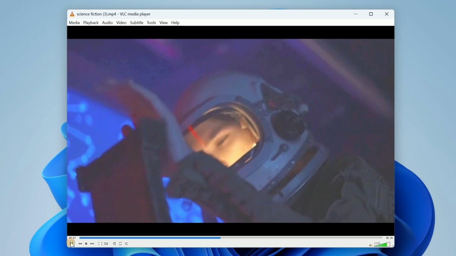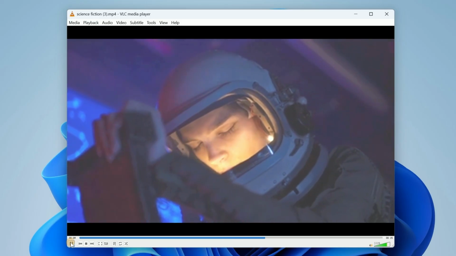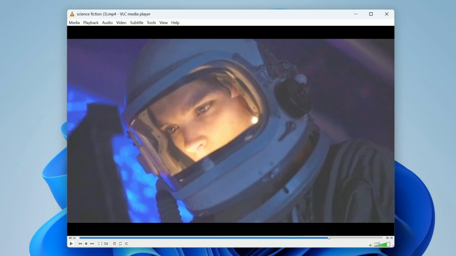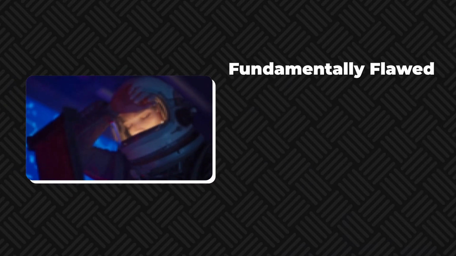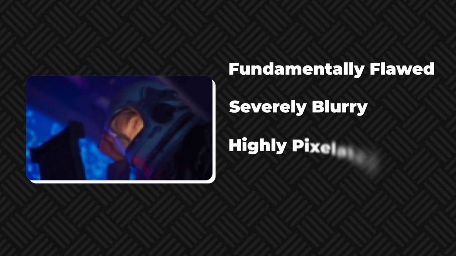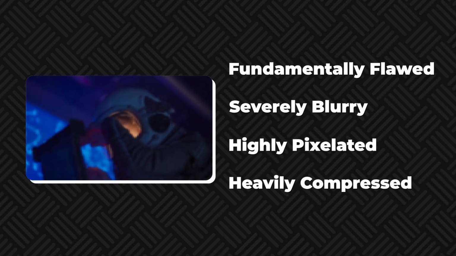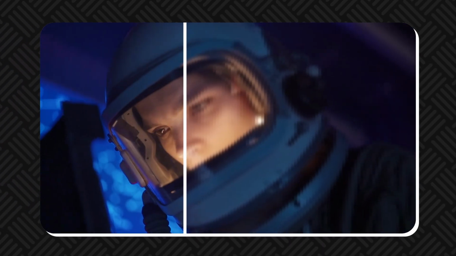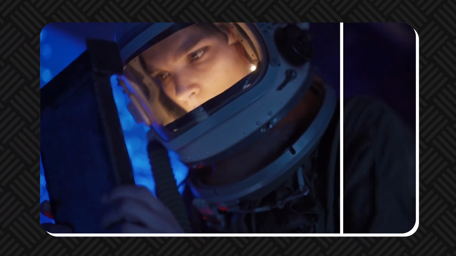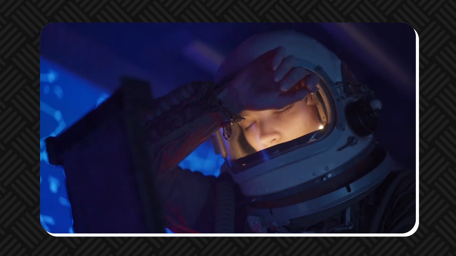VLC's adjustment features are great for minor modifications, but they also have many limitations. Any quality adjustments you make in VLC are not permanent. For videos that are fundamentally flawed, severely blurry, highly pixelated, or heavily compressed, VLC cannot truly restore lost pixels and details. If you really want to completely change your video, permanently fix blurs, and eliminate noise, then you need professional